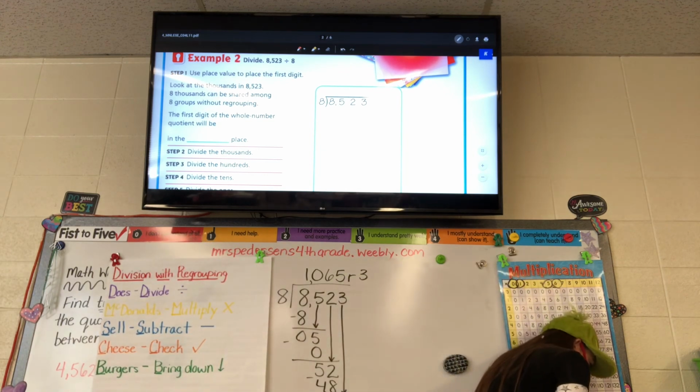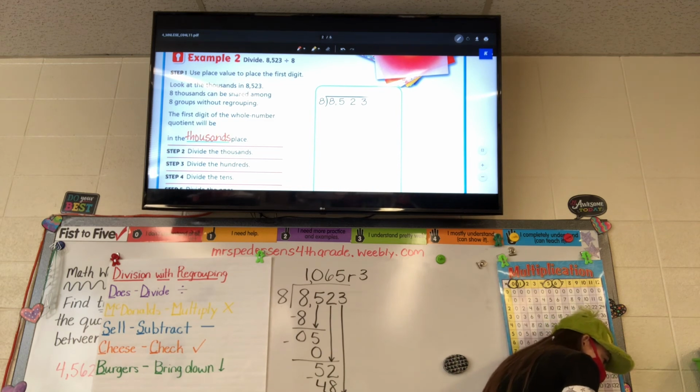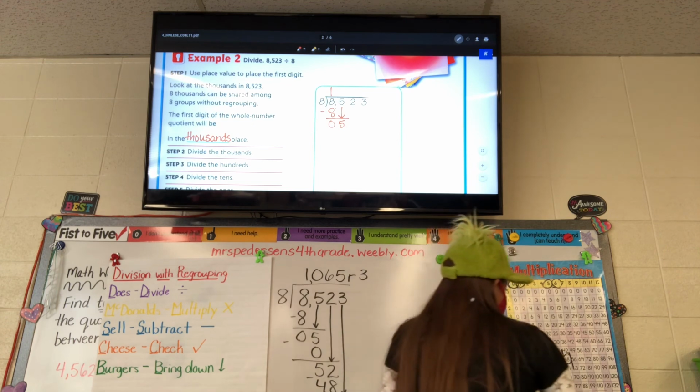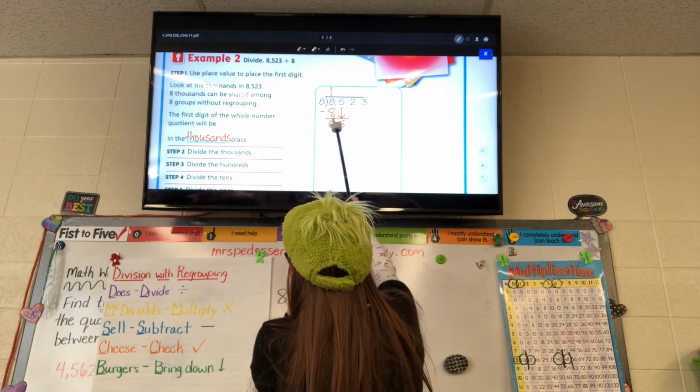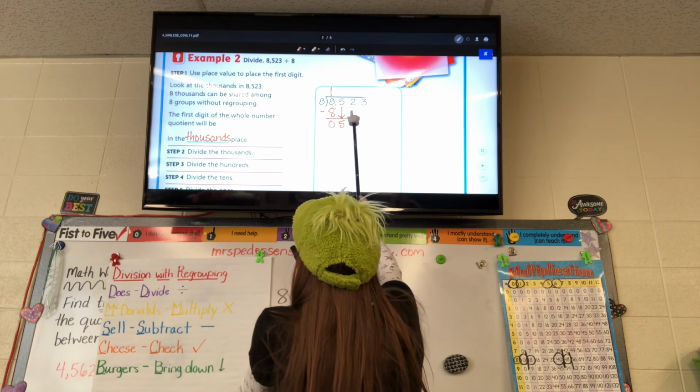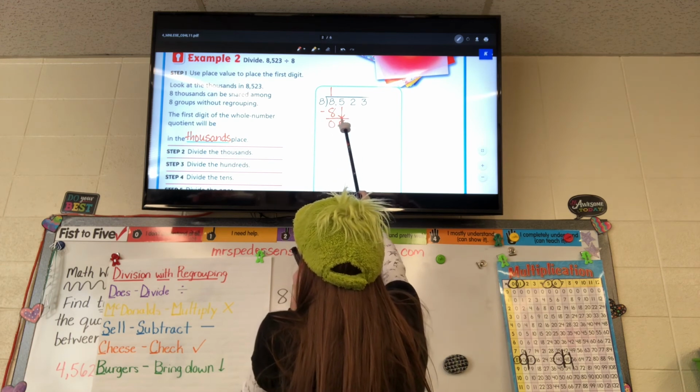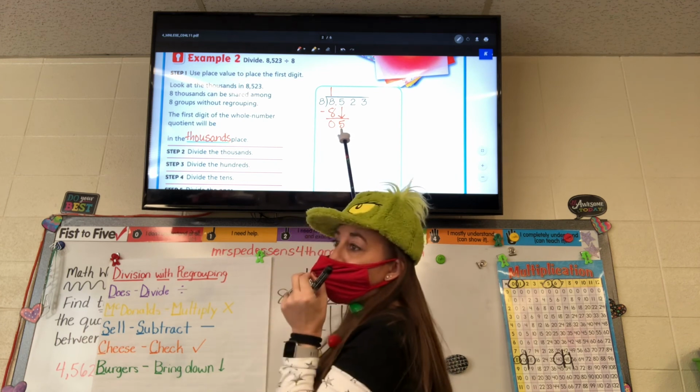So first we're going to write thousands right here. And then we are going to go 8 divided by 8 is 1. 1 times 8 is 8. 8 minus 8 is 0. 0 is less than 8. Bring down the 5. Notice how my arrows stop right at the equal sign. You guys know this is an equal sign. And my arrow stops right at the equal sign, so that way I can put the 5 right next to